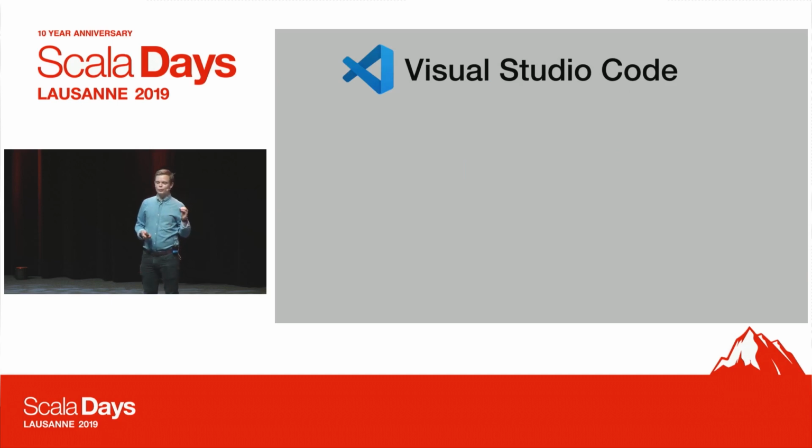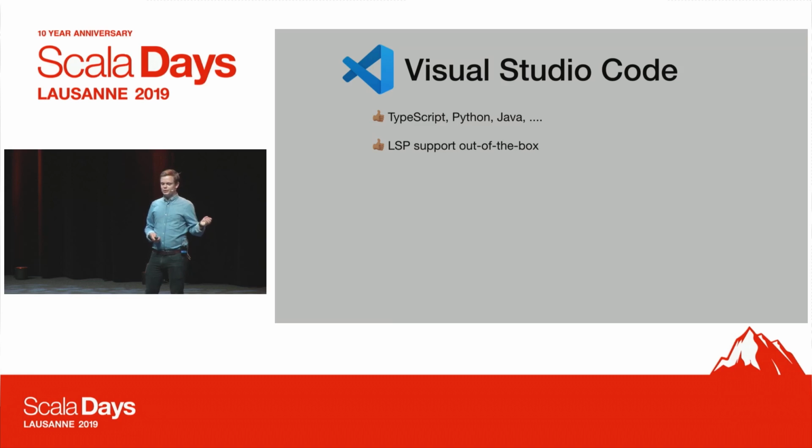If you're wondering what's up with the hype around Visual Studio Code, I'll give it to you now in a minute. So it has really great support for other languages that are very widely used, primarily TypeScript and Python, like it's fantastic. So if you're using those languages coming to Scala, you probably want to just continue using VS Code. It has LSP support out of the box, which means that it's just built into the editor, and the VS Code team maintains that support, which is great.